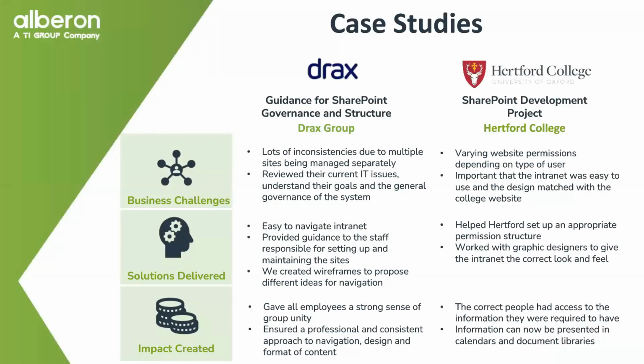Additionally, on our website, we have a range of case studies, which you might find interesting or useful to read. These case studies identify the challenges that organizations were facing and detail how Alberon were able to help them create positive results that benefited everybody within their workforce. Some of the solutions that we've delivered include establishing an easy-to-use intranet, reforming their permissions and access structures, and providing consultation and training to company staff to help them become more confident with maintaining their sites themselves. These results have been fantastic. They've included the removal of any inconsistencies within their site structures, and far more professional setups and appropriate systems for